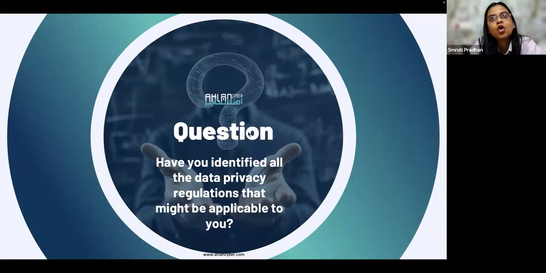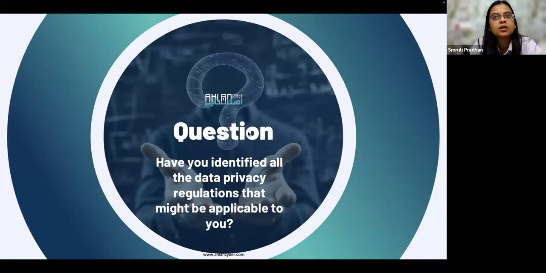Right. So this is a very common thing which we have seen whenever we start building programs for our customers. We really expect the customers to understand the data privacy landscape well. And that is where sometimes we also get involved with the legal team to understand whether they are tracking the regulations that are applicable. We have seen customers, when we start building the program, we know that there's a certain regulation that is applicable, maybe because of the customer base they are catering to.